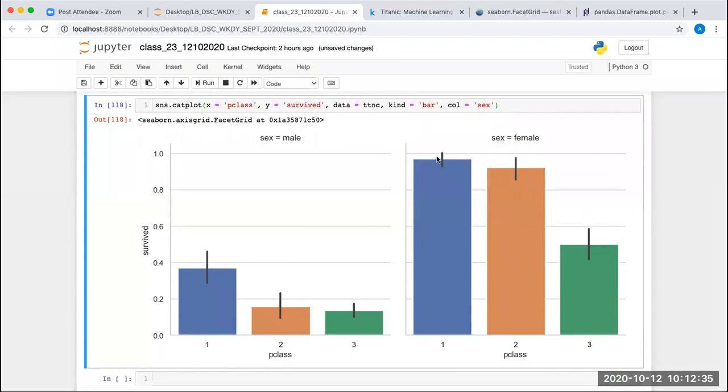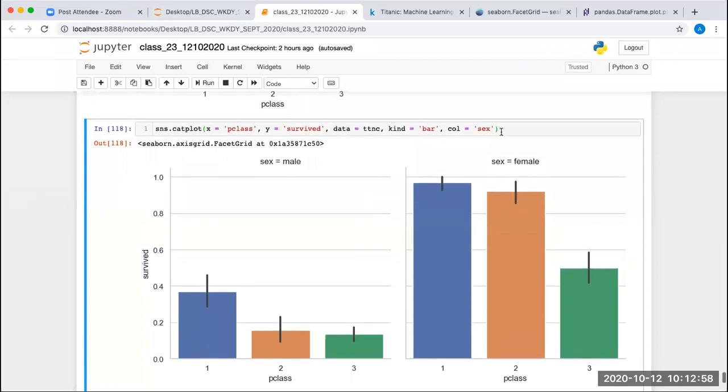For female it is around 100, around 90, and around 60%, whereas for the male it is around 45 in the first class, around 25 in the second class, and around 20% in the third class.